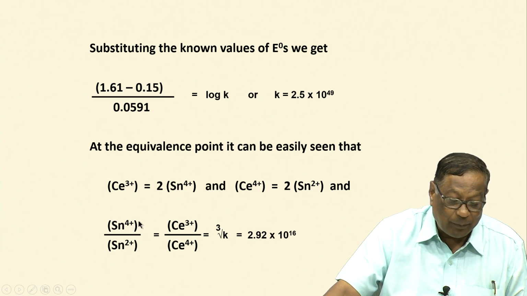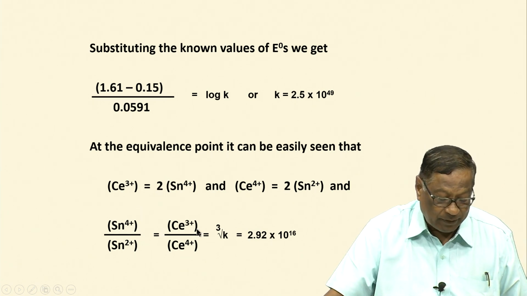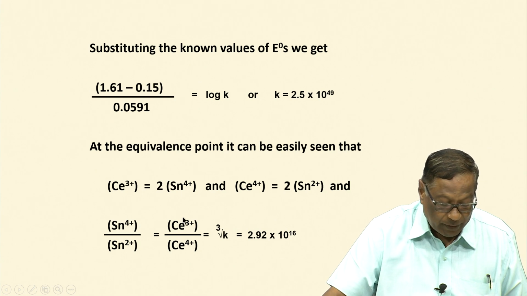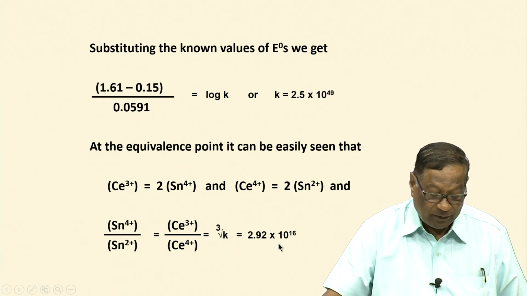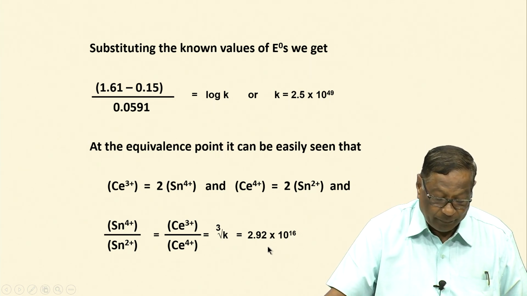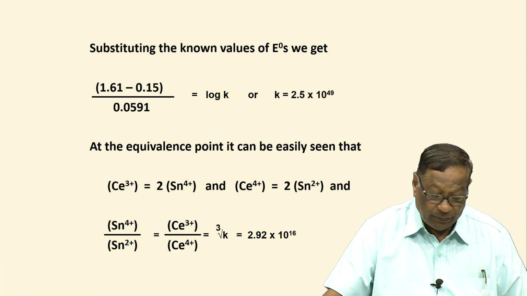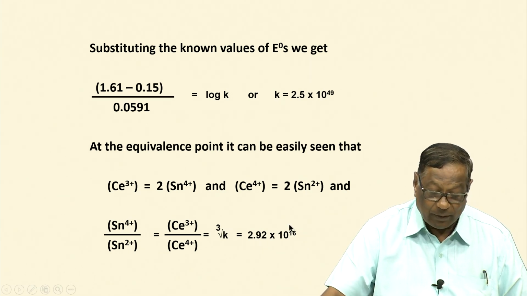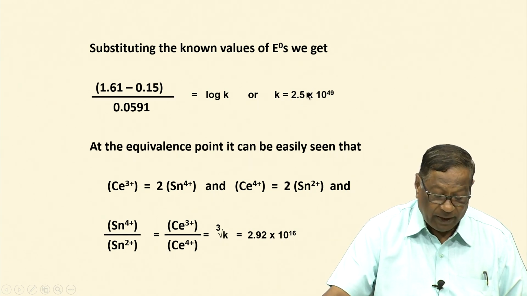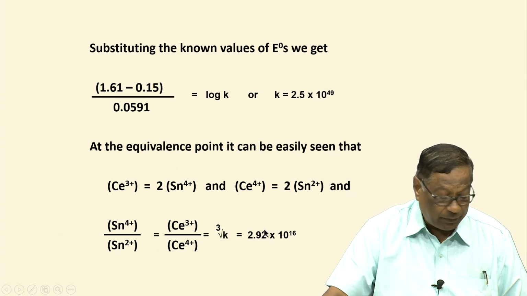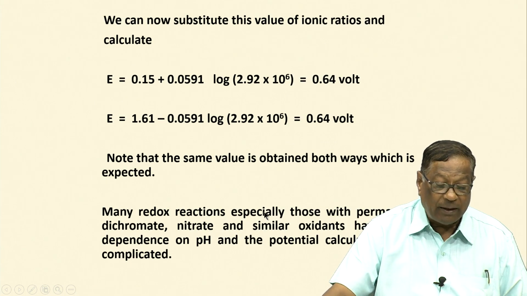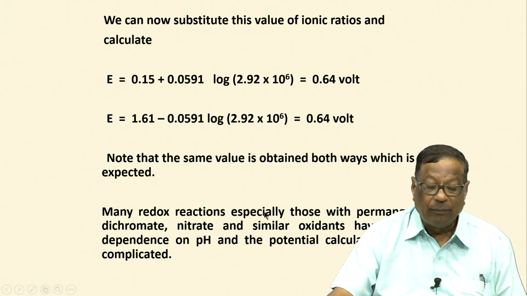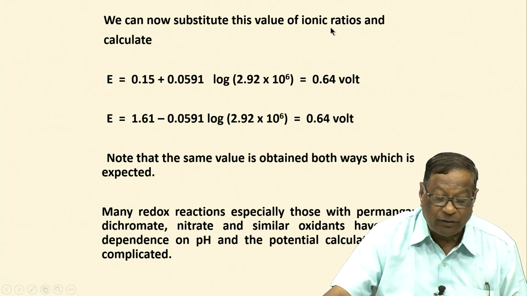So, at the equivalence point equilibrium this will become raised to 2 plus 1, which is 3. So, the cube root of the equilibrium constant tells me that it is 2.92 into 10 raised to 16, just the cube root of this 10 raised to 49. The cube root of K works out to this value, and we can now substitute the value of these ionic ratios